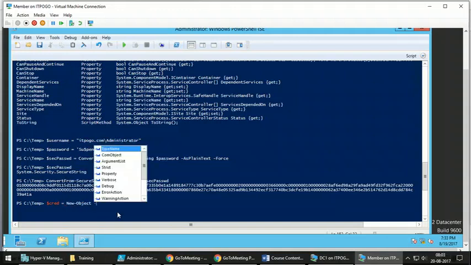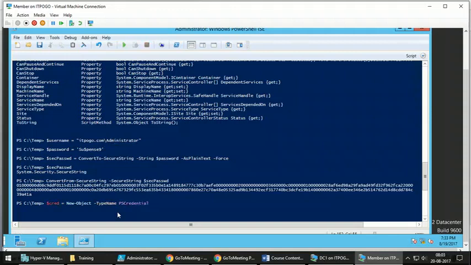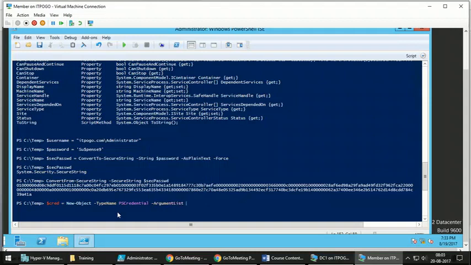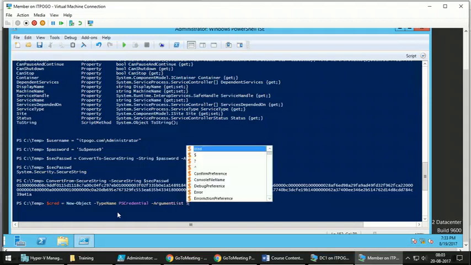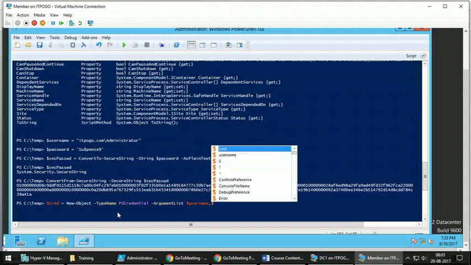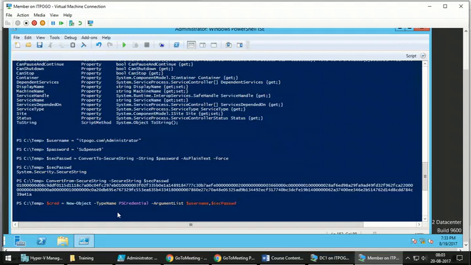New-Object -TypeName PSCredential, and in the argument list I will give $username, $securepassword.